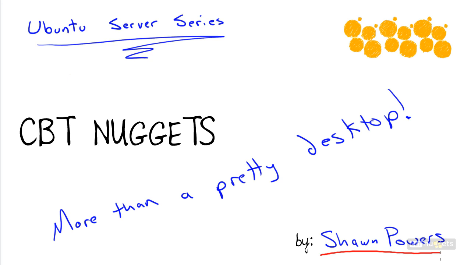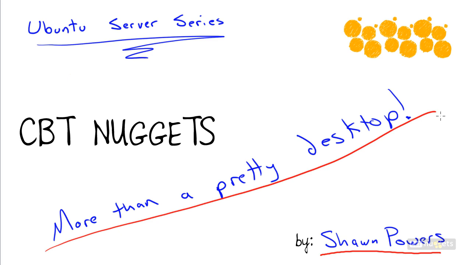Now, you've probably heard of Ubuntu, but I hope by the end of this series you know that Ubuntu is more than just a pretty desktop. Now, we're at a point in history where Linux is mainstream, especially in the server room. And I've been using Linux for almost 20 years now, but just because it's mainstream doesn't mean everybody understands everything about it. I hope that this nugget helps change that, because not only is Linux unique to work with, but Ubuntu specifically has some things that make it different than every other Linux distribution out there.